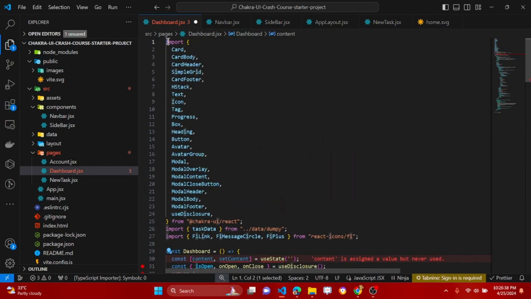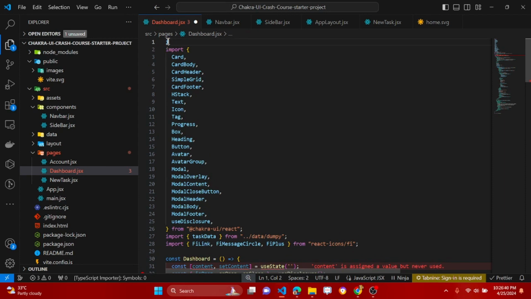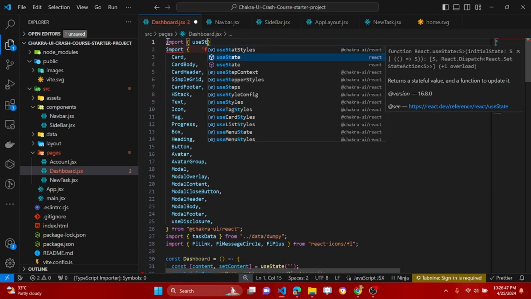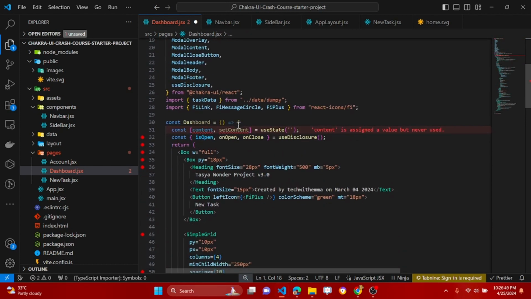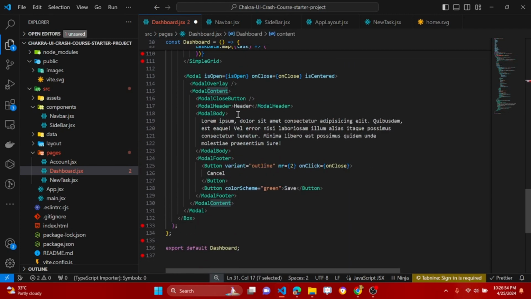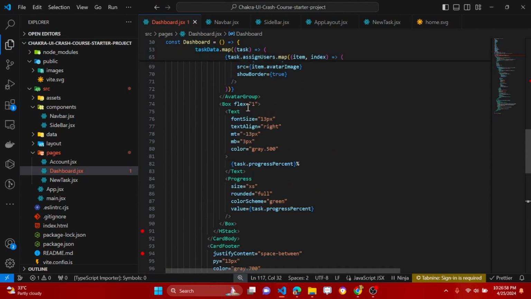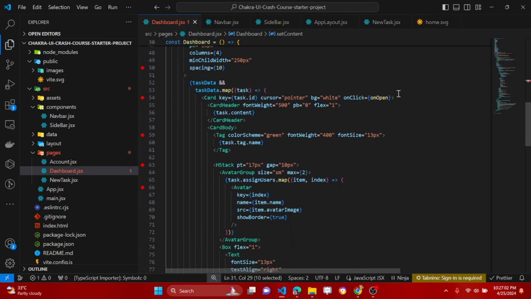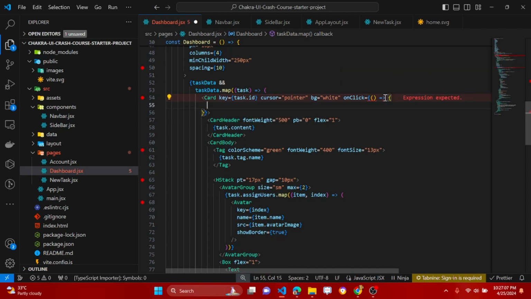I don't really know why this is not bringing out the useState. I also want to set the content here to the header. Once this is clicked, I'll make this open, then I will paste in the set